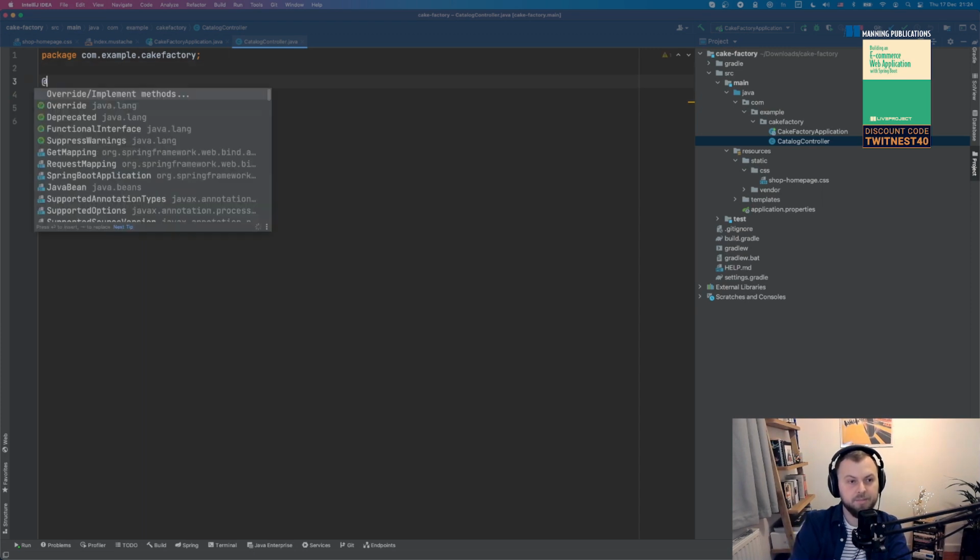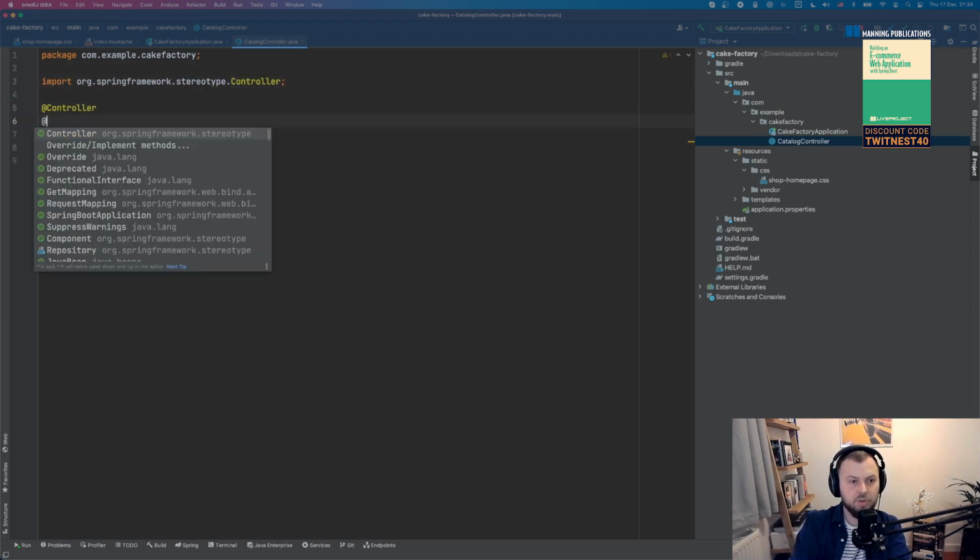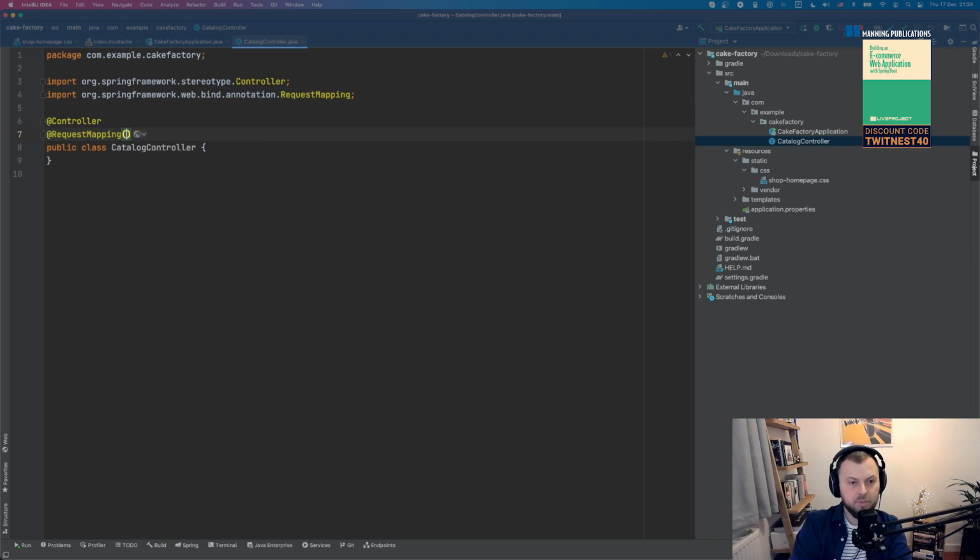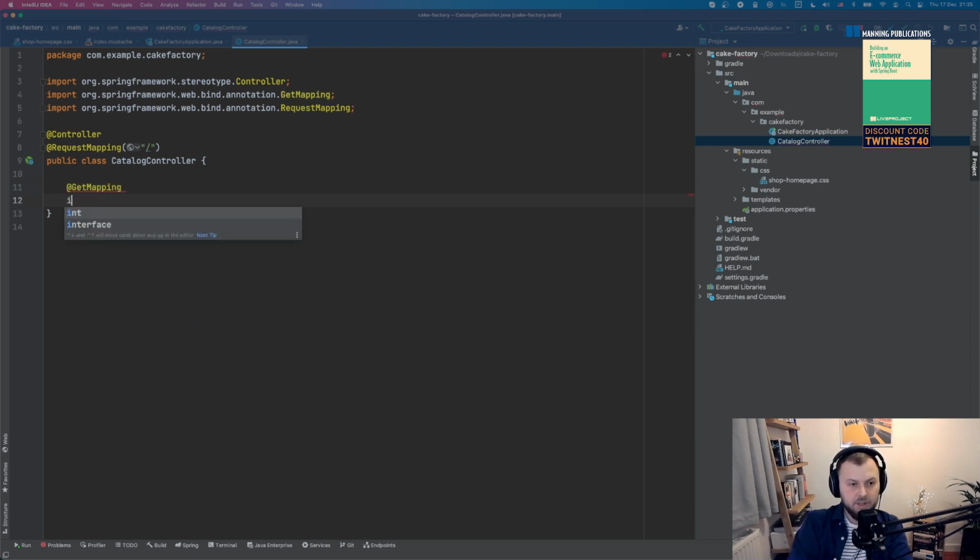So let's do that. Let's say we want to design a controller, and request mapping basically means on which URLs and which endpoints you want to map this controller to. And if you want to learn about controllers more, you can always get some info from the book. But for now, I'm just going to return the name of the template. All right, so I'm going to return index, and if I run the application now, I need to rerun it